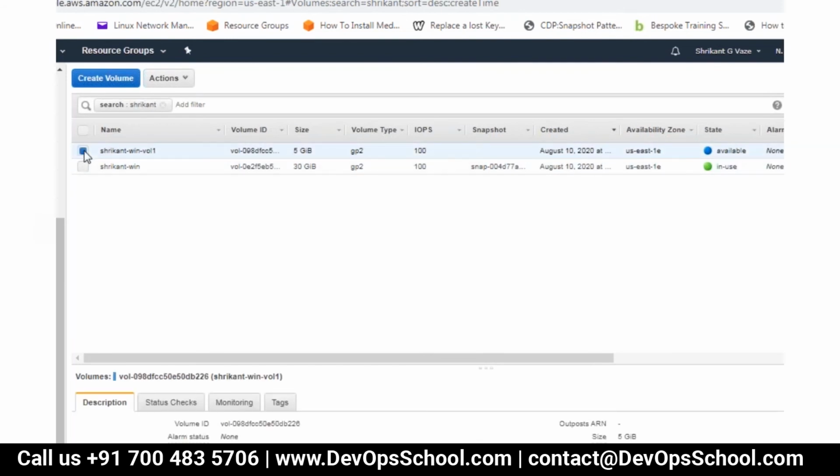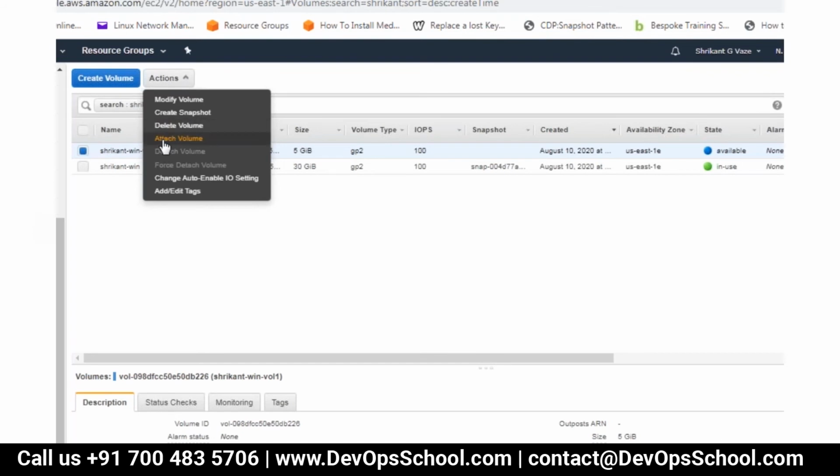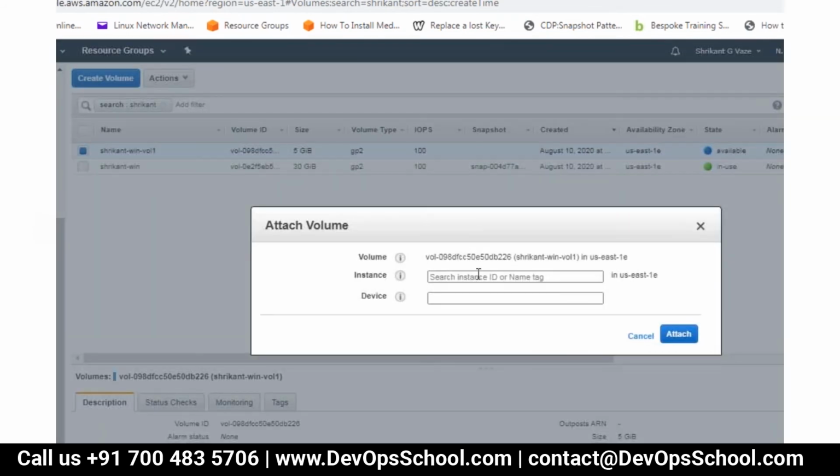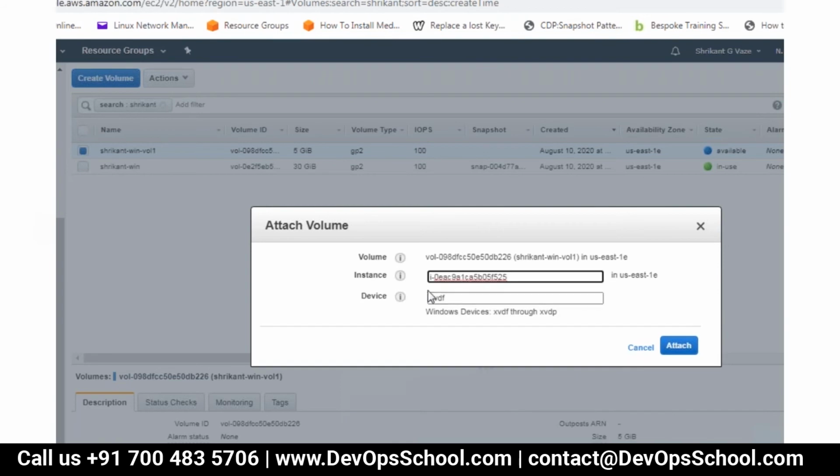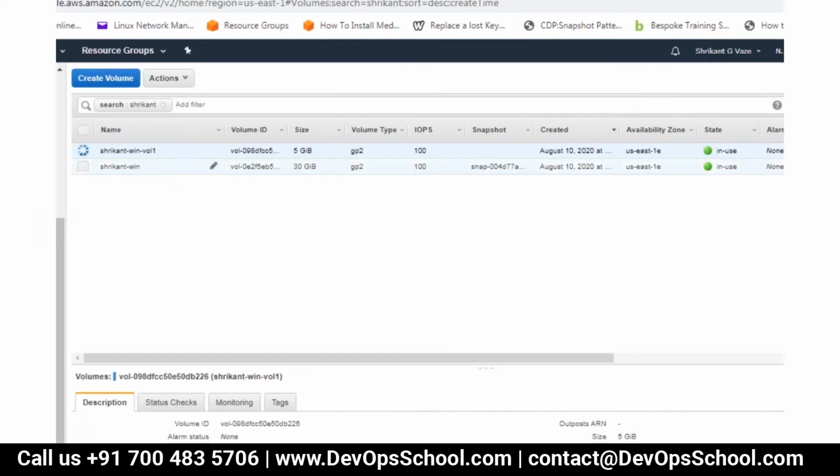So just select it, go to Actions, and choose Attach. If you click here, you will see all the EC2 instances. Select your instance and attach it. So I am attaching this to a running instance.